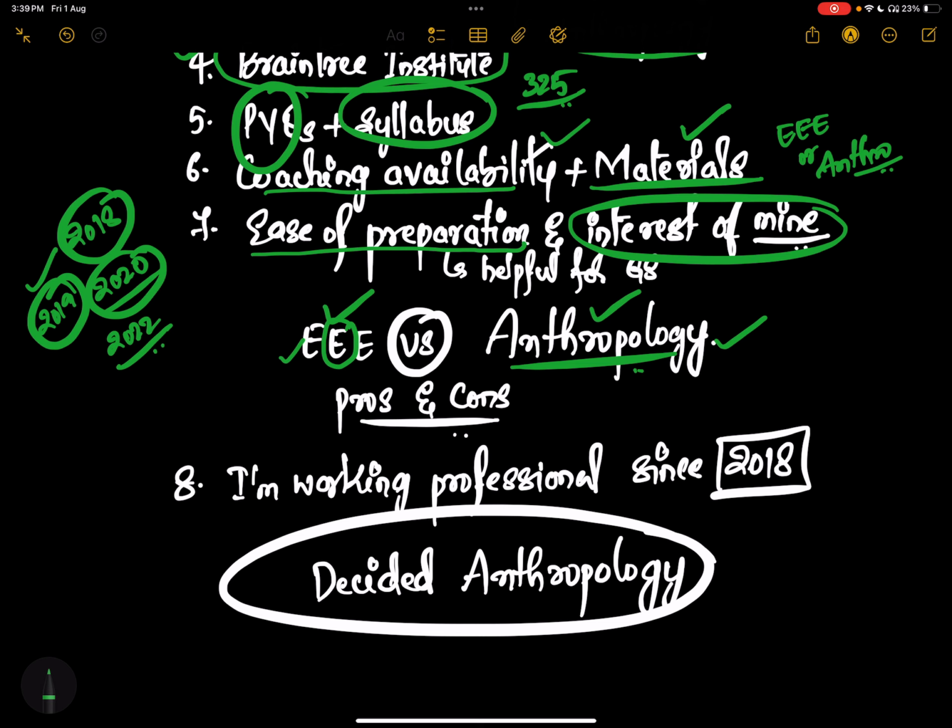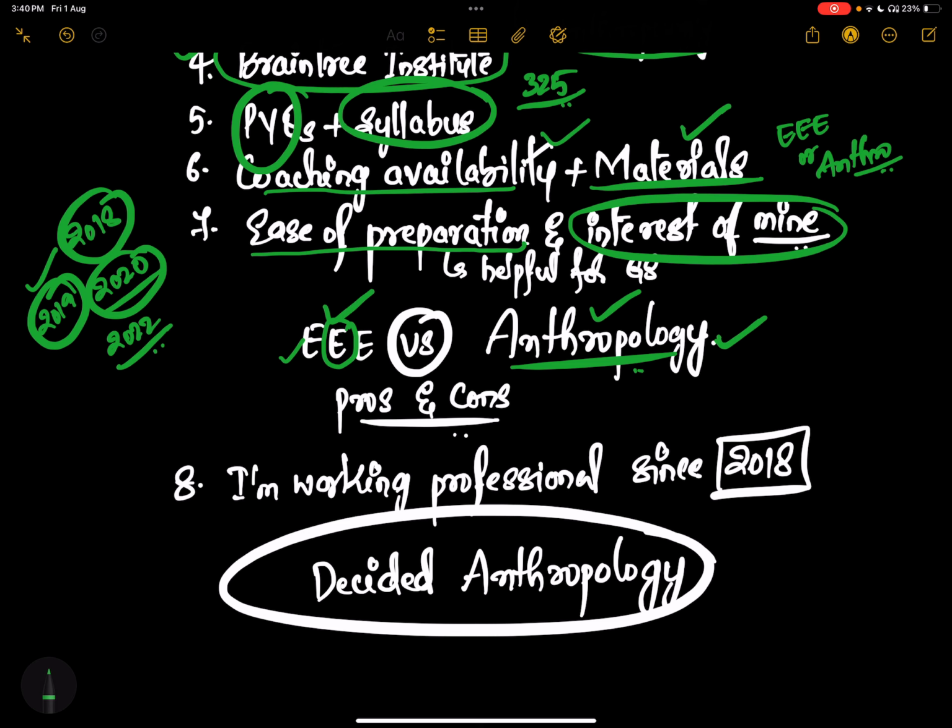There are many people who have qualified by taking engineering optionals as well, mechanical, civil, right? But one point that made me think is what my father said: even if you are good at electrical engineering, you have to prepare all the other papers, and along with that you have to prepare electrical engineering as well. You have to give special time to this. But anthropology somewhat links to your GS preparation. In Indian anthropology, you'll find Indian society and governance parts related to tribes, scheduled areas, all these things.